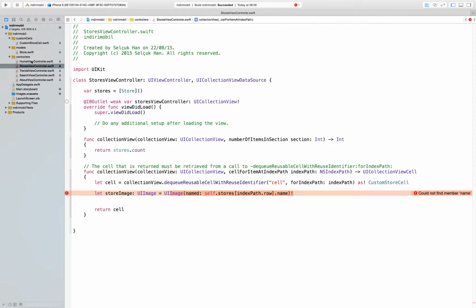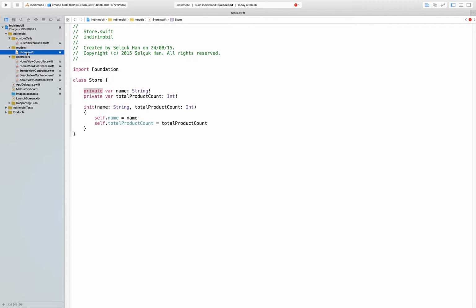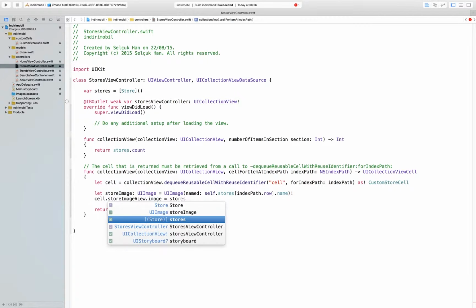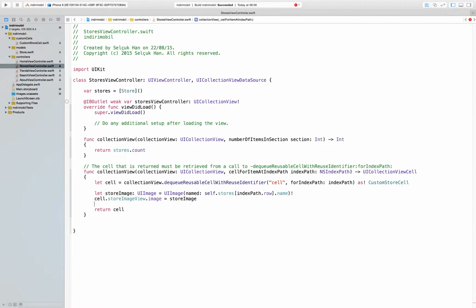Let's open the Store.swift file, and here we need to make it public, so I am gonna delete private, and let's go back to the StoresViewController, and the last thing we need to do is cell.storeImageView.image equals storeImage. Okay,